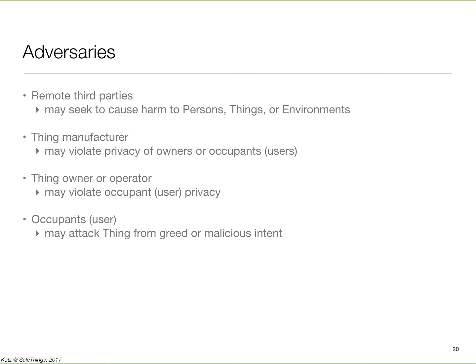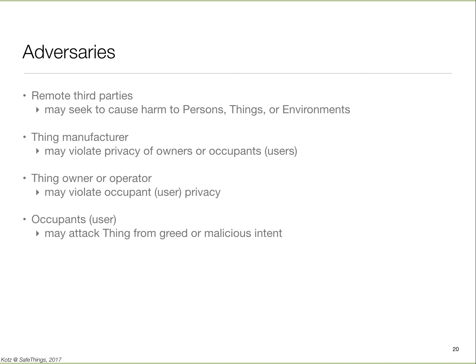Who are the adversaries in these systems? Firstly, you have the remote third parties. All the networked hackers who were compromising our regular systems are also compromising these systems. But your adversaries also include the manufacturer of these things, because they know that you are going to be putting them into more private spaces, so they have all the reasons to collect data that they want. There have always been incidents that we discover, like a handset manufacturer collecting location data, which are examples where they are misusing the trust that you placed when you bought the device.